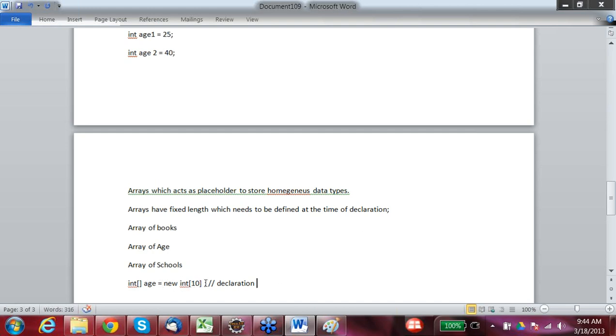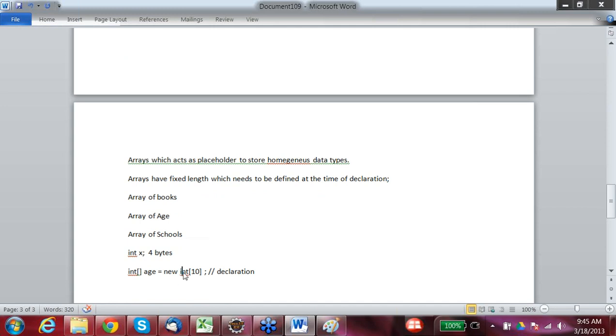As int x was preserving 4 bytes of memory, when I declare an array of integers and the size of the array is 10, how many bytes is it preserving?